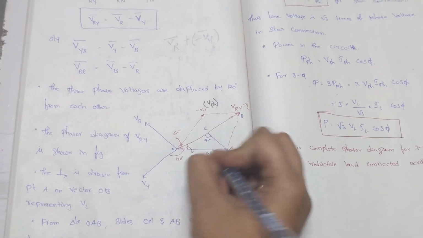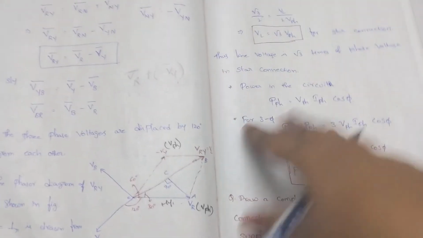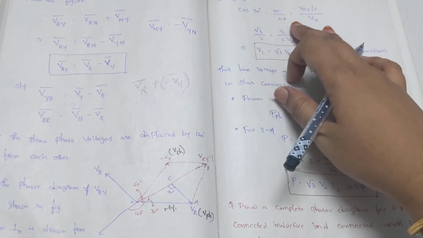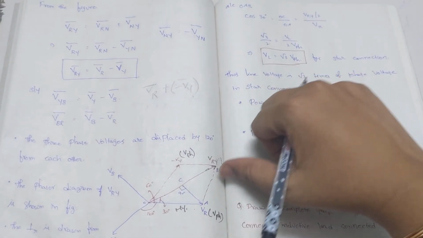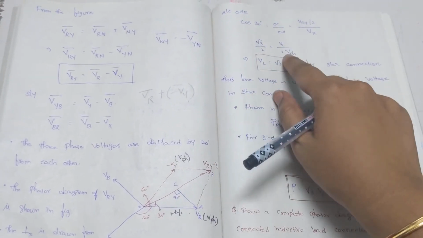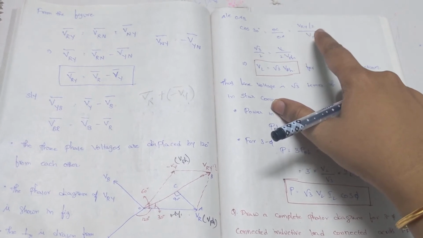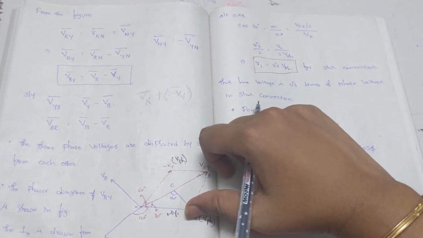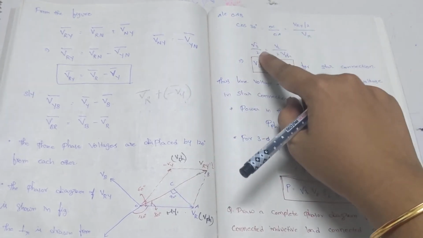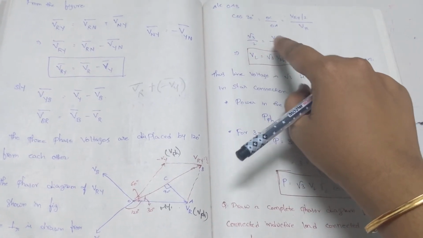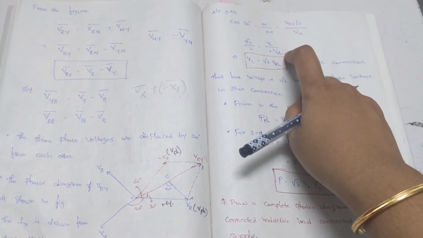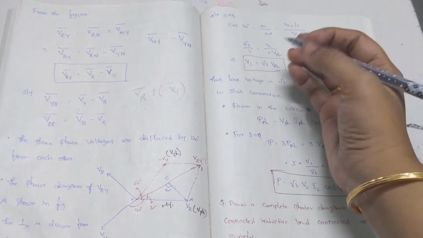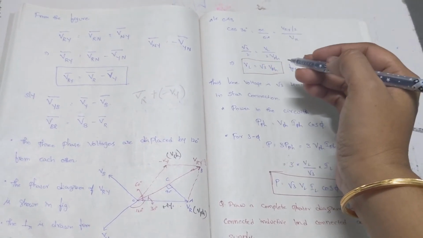This is the hypotenuse, adjacent side and opposite side. So cos 30 degrees equals OC divided by OA. OC, as we mentioned, is half of your line voltage value. So OC equals VRY divided by 2, and OA is nothing but your VR. So cos 30 value is root 3 by 2. VRY is the line voltage, and VR is your phase voltage. So from this, if you cancel the 2, VL equals root 3 times V